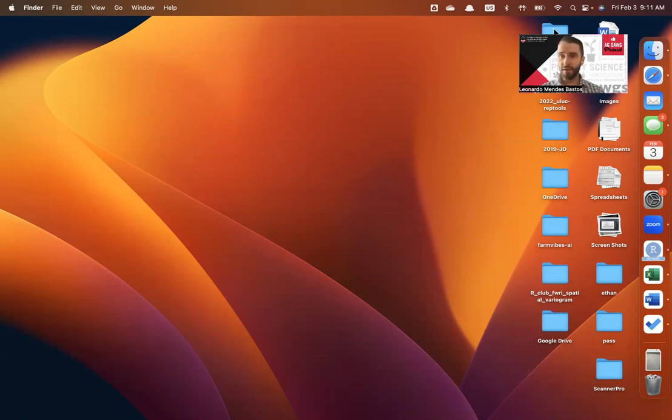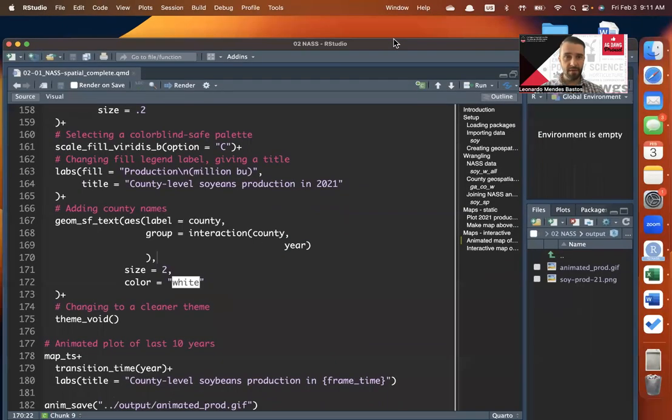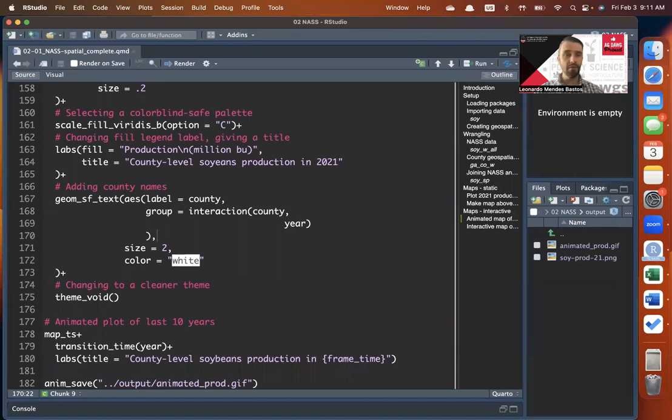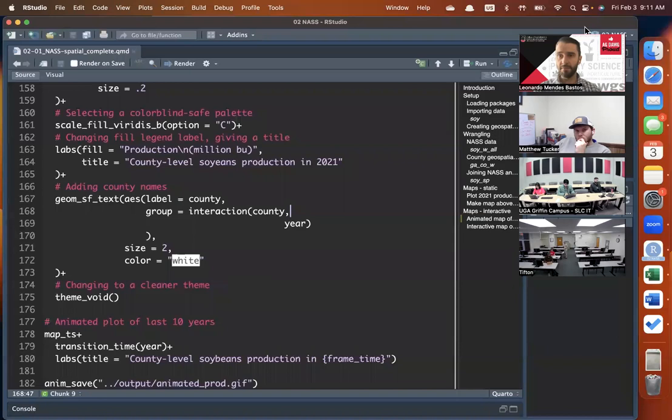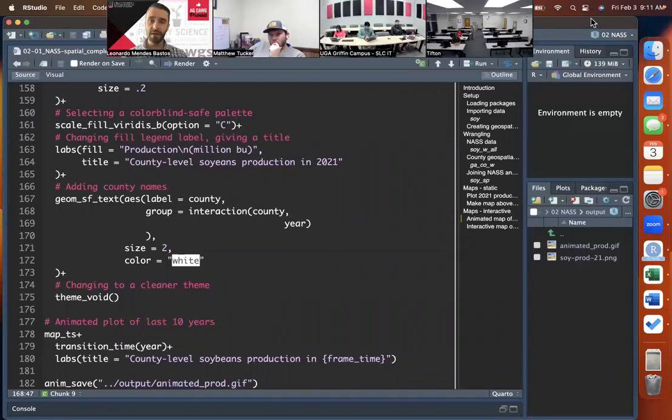Okay, so the first thing I wanted to talk about today is the issue of the animated map that lots of you were having. To tell you the truth, when I develop these scripts, I first develop the complete script, and then, if I have any issues, I fix them on my side. When I share the partial scripts with you, there shouldn't be any errors in that script. And this error that some of you, a good number of you, were having,